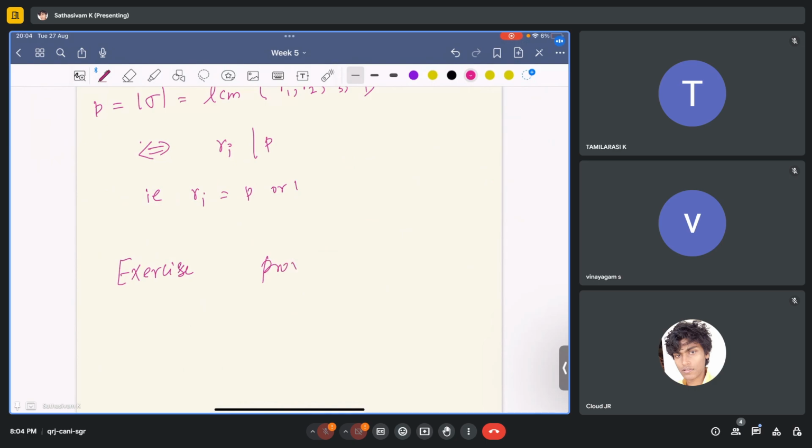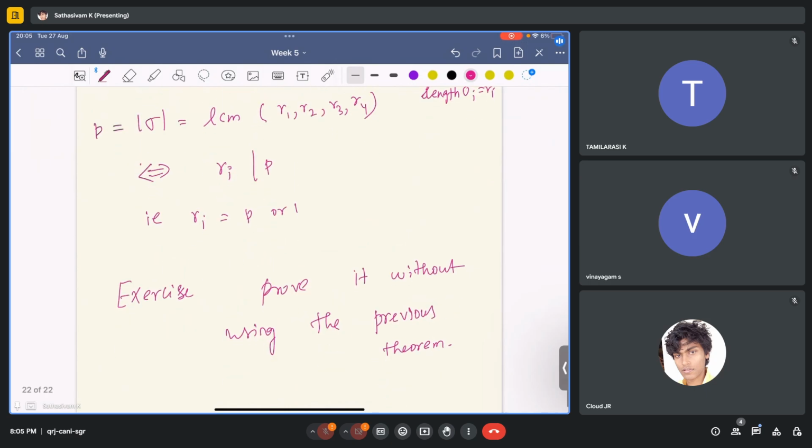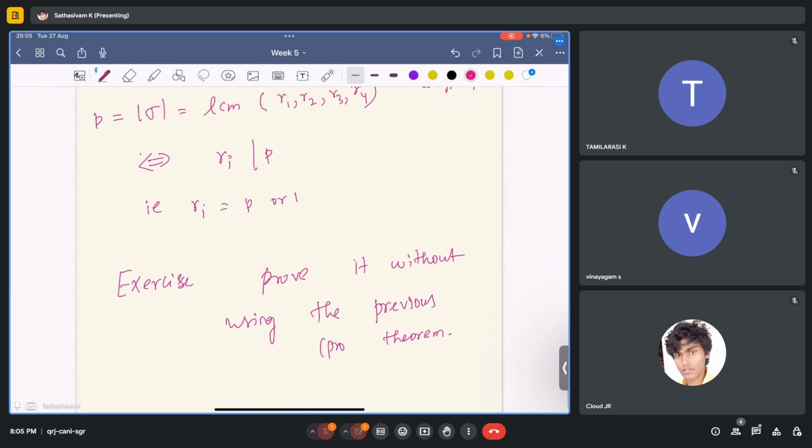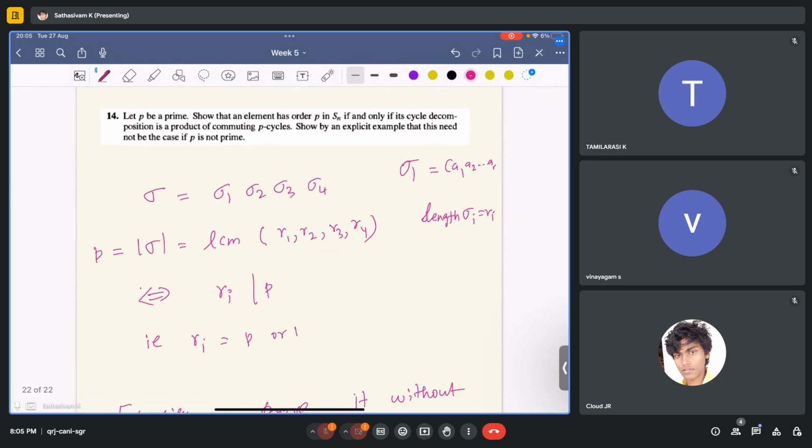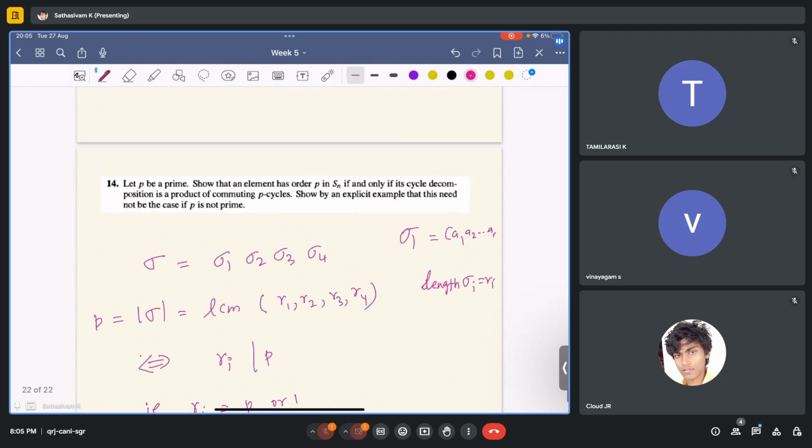So prove it without using the previous proposition. Maybe I'll just write it as theorem. I don't know whether it's a theorem or not. So basically the previous problem, that is what I mean. Here we are using the previous problem, but in the book that I took, usually I took problems from